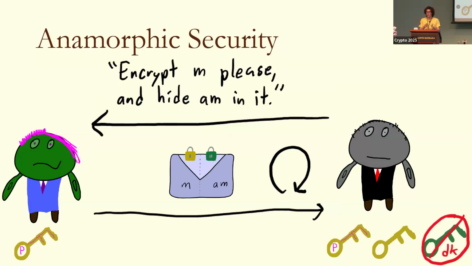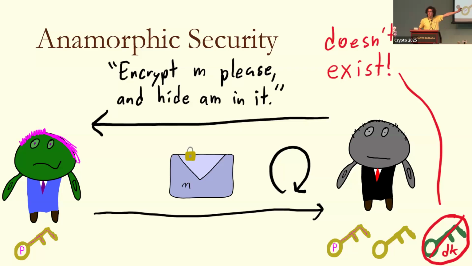Formally, this is modeled by the following security game. The dictator will ask pink, can you encrypt the message M and also hide the anamorphic message AM inside of it? He'll do this over and over again. The idea is that a dictator who does not have access to the doubling key shouldn't be able to tell whether he is getting back ciphertexts that contain anamorphic messages or just honest encryptions of M. It should look indistinguishable to him. I want to point out that in the second of these settings, the anamorphic doubling key will not even have existed. Pink will just be running public key encryption honestly. So in the first, you shouldn't be able to tell whether or not they've even instantiated the anamorphic protocol.